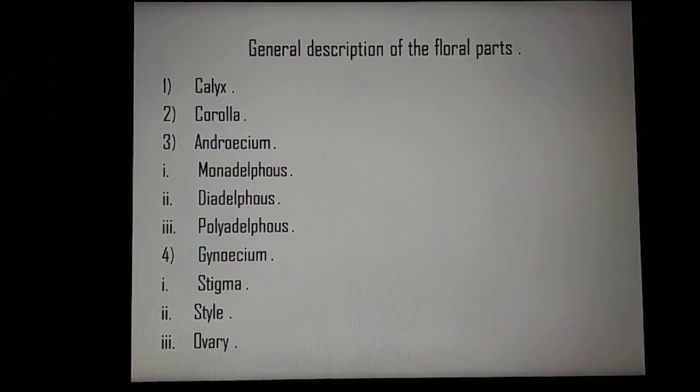Now the fourth one is gynoecium, which is also called carpels. Gynoecium is also known as pistil, and it is composed of one or more carpels. Each carpel consists of three parts: stigma, style, and ovary. First is stigma. It is the terminal knob-like part. It may be divided into two or more lobes and may assume a feathery appearance. The stigma is covered with hair or with granular papillae. It serves as the landing place for pollen during pollination.